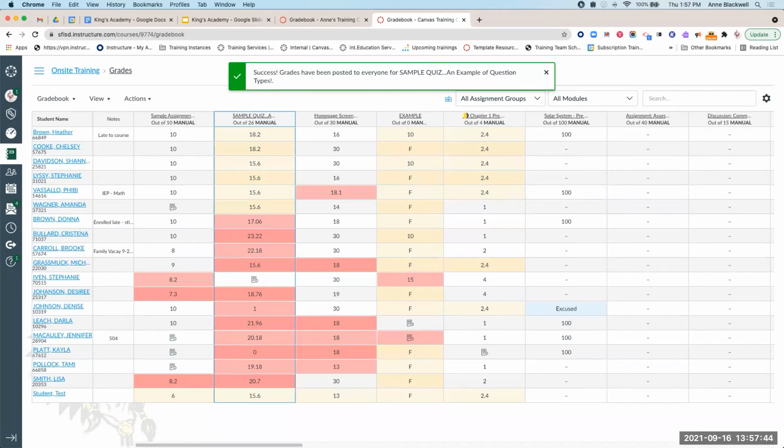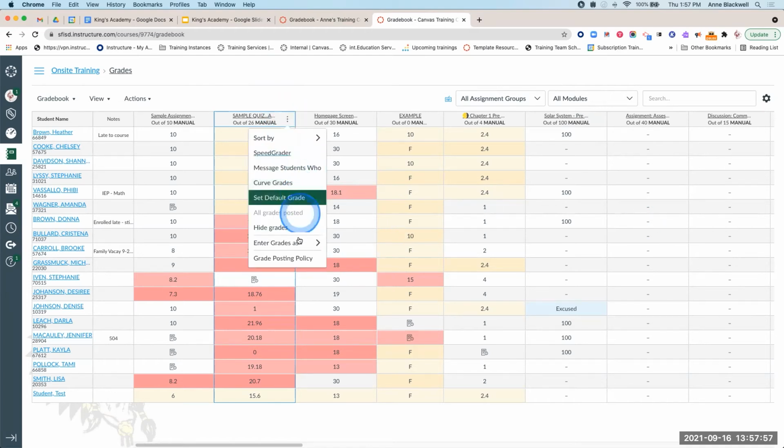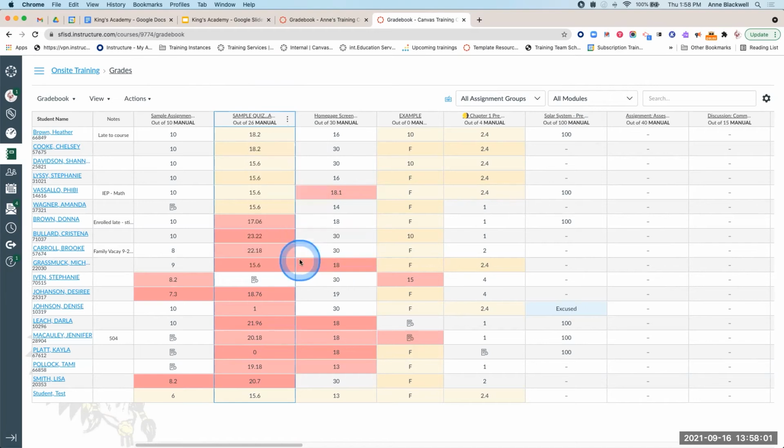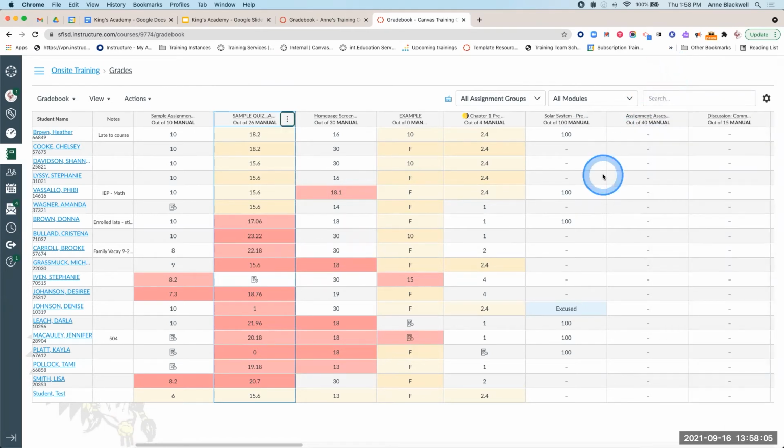When are you going to grade these? Hiding it until you have all of that done is really helpful at times. All right. Integrating grades as points or percentage, and then again, that grade posting policy automatic manual. All right, so those are the